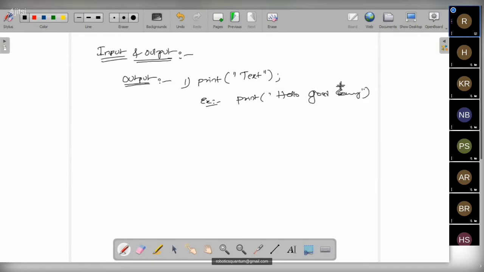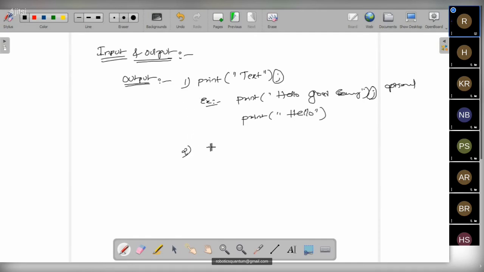In other programming languages, we have a semicolon. The semicolon of this print function is an optional thing. Even if we do not keep the semicolon, nothing will happen. Like we can also do print of hello, which gives the same output. Nothing will be different. As I said, the semicolon is used to separate statements. If you want to write two statements in a single line, we use the semicolon as a statement separator. This is the first way of utilizing a print function to print the data or text.